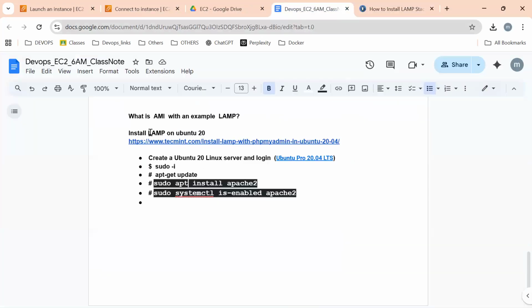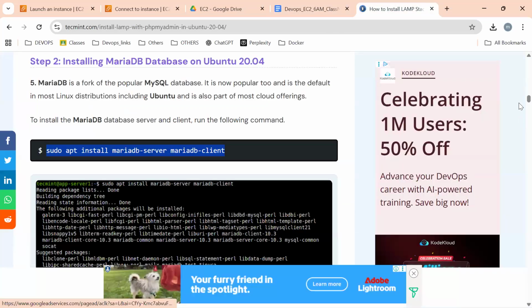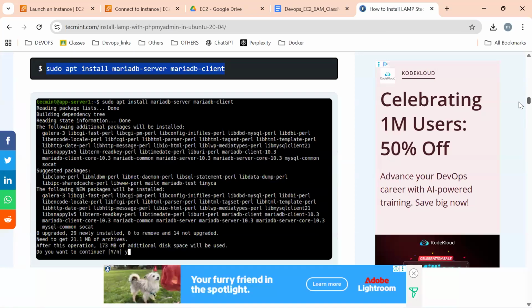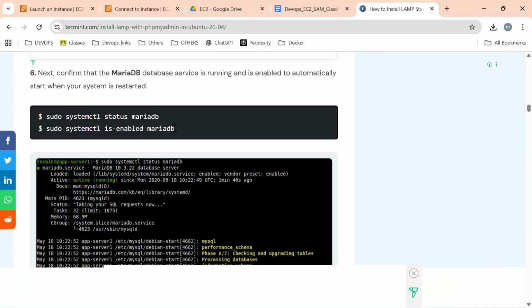So next step is what? Linux is ready, Apache is ready, then MySQL or MariaDB or PostgreSQL, any database which is recommended. So MariaDB client is installing with the help of MariaDB client. So please scroll down, say yes, and enable this.